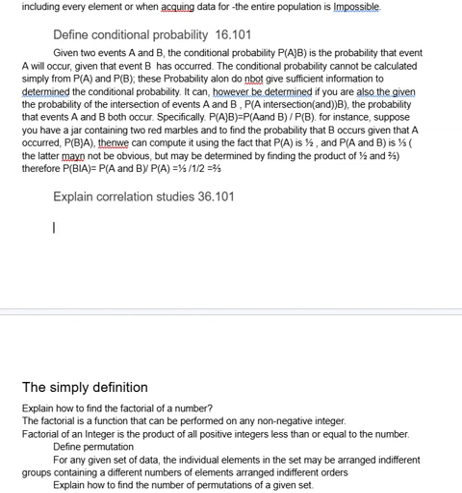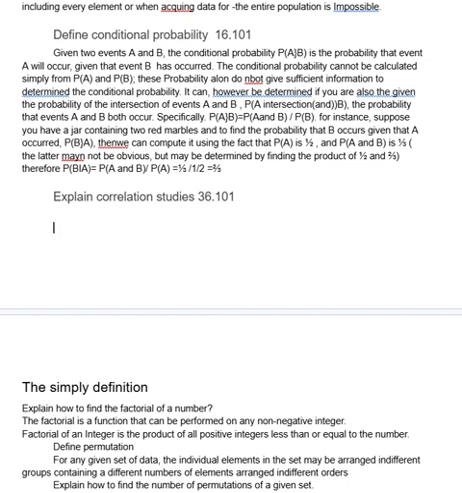both occur. Specifically, P(A|B) equals P(A and B) divided by P(B). For instance, suppose you have a jar containing 2 red marbles, and to find the probability that